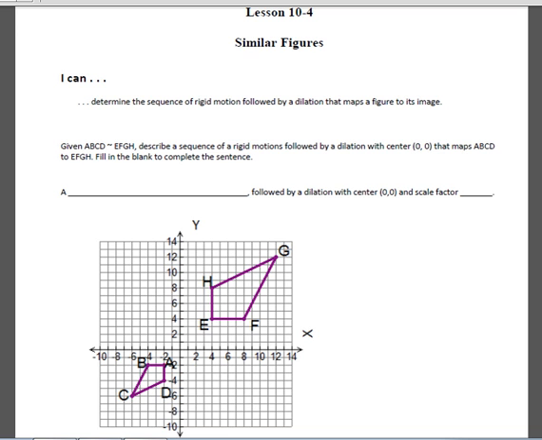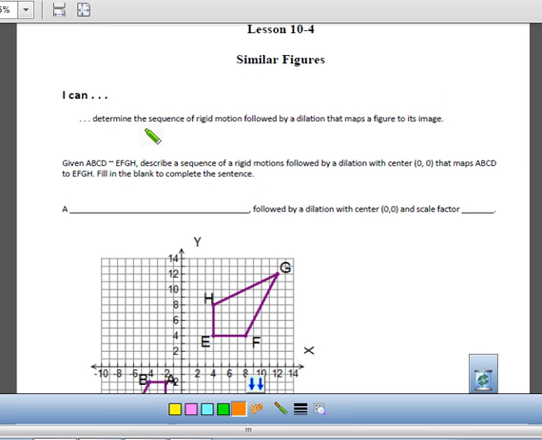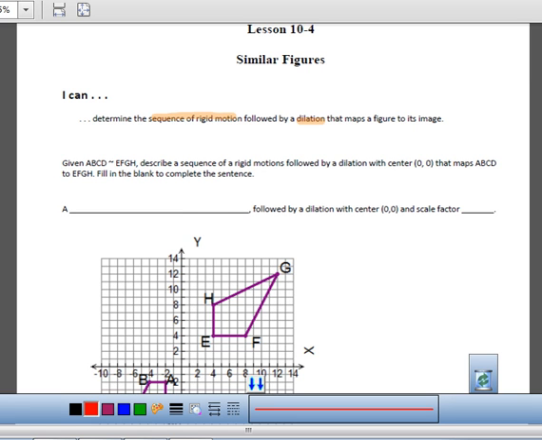The learning target for this lesson: I can determine the sequence of rigid motion followed by a dilation that maps a figure to its image. So this is kind of like what we did in the last unit where we did more than one. That's the big idea here. We are going to be doing more than one transformation. And let's write transformation because I think some of you forgot that in the last unit, and that was really a big part of